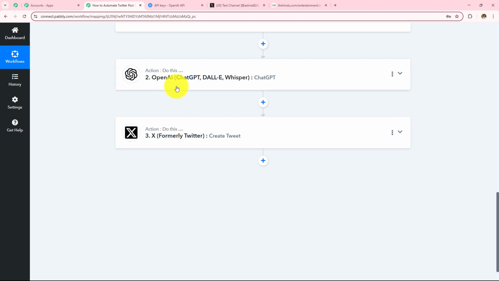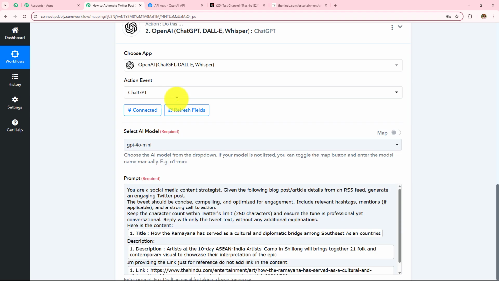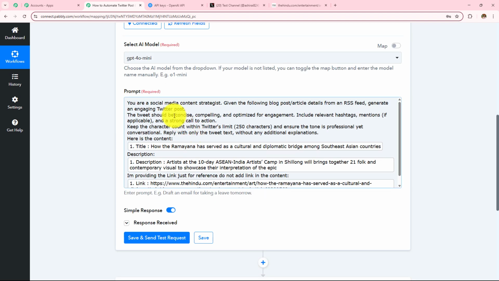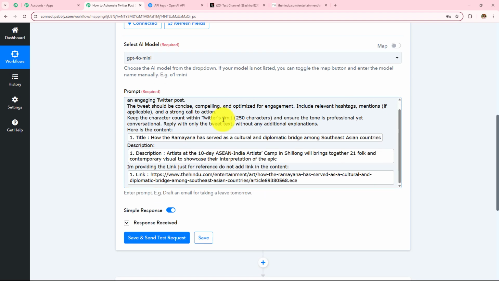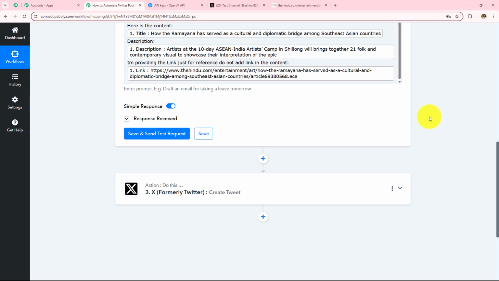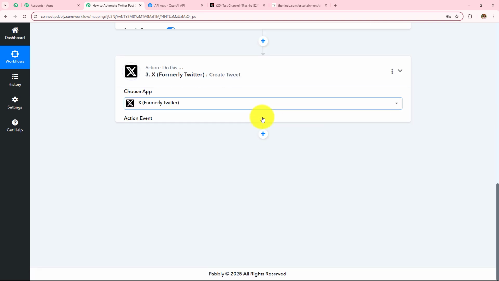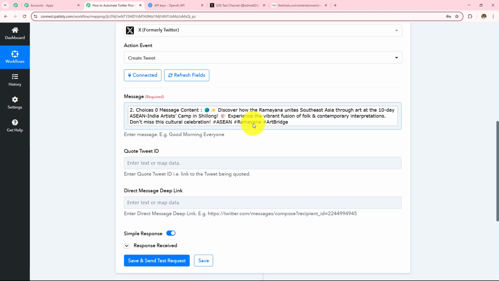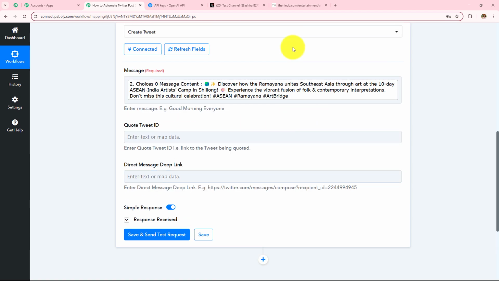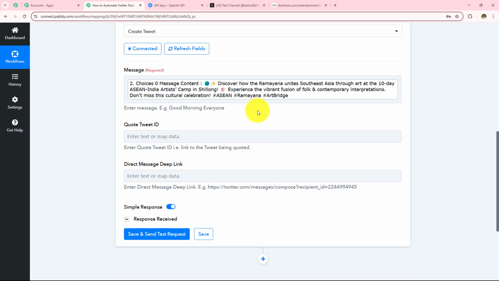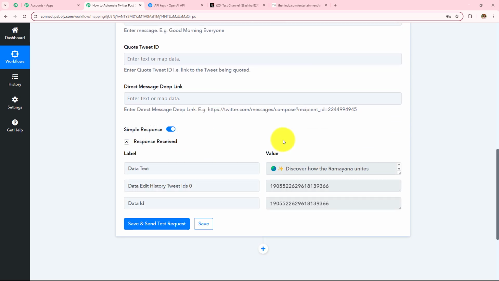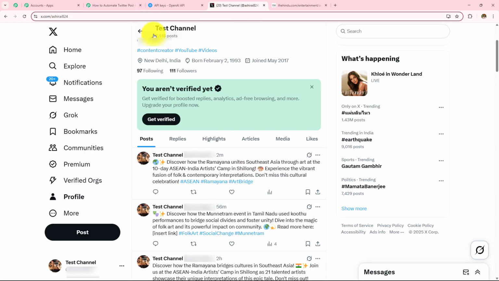So we took OpenAI as my action application, made connection with Pabbly Connect, selected the model and entered a prompt in a way that will help me generate a content. Then we received the content, and finally we took X as the action application where we made connection with Pabbly Connect, entered the content in this message field and simply clicked on the save and send test request. After doing this, we received this response as a tweet being posted automatically and instantly on my Twitter.